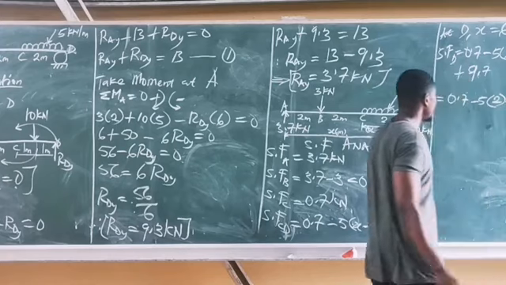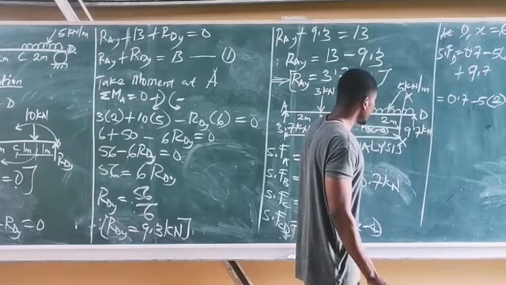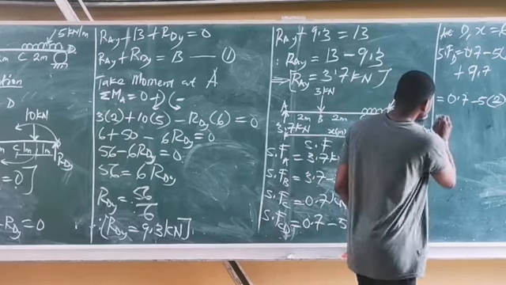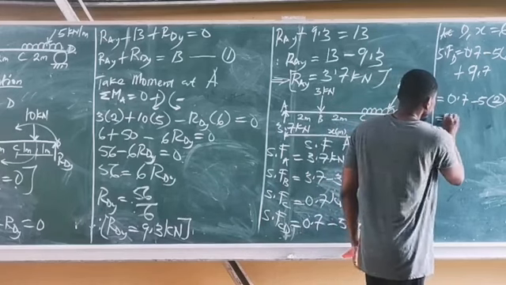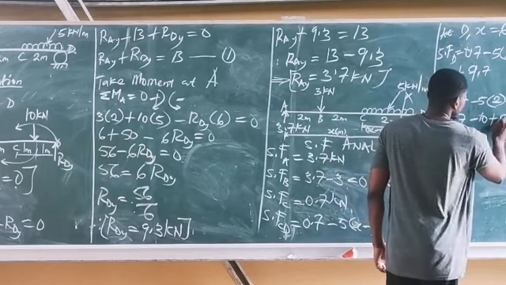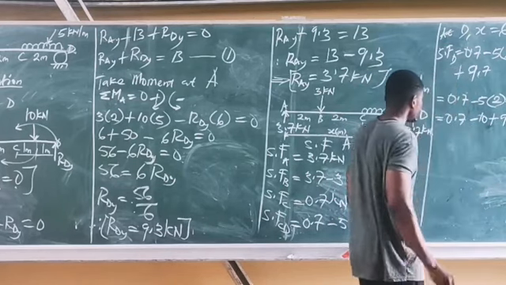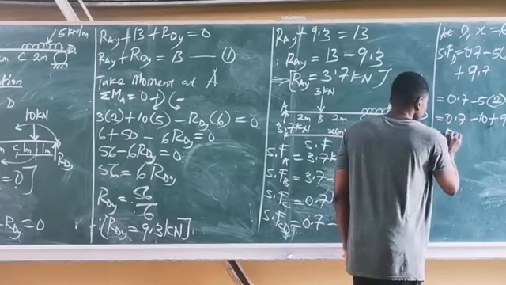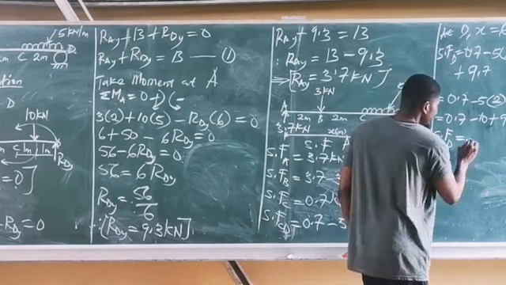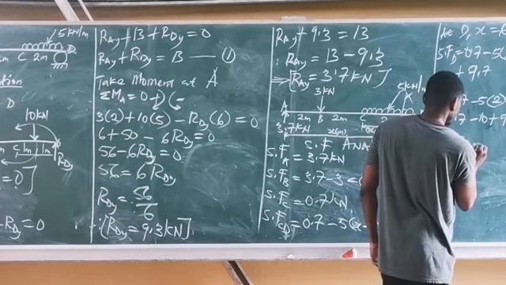Okay, so we have 0.7 minus 10 plus 9.7 kilonewtons. So shear force at E is now equal to 0.7 minus 10 is simply minus